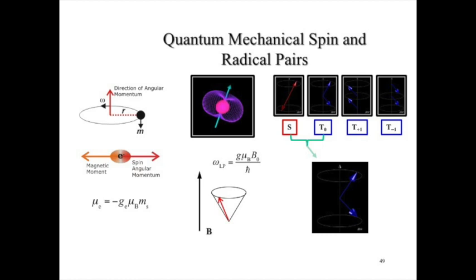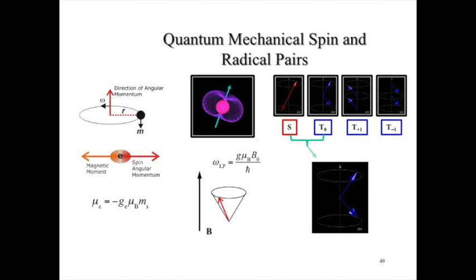And the model predicted that if this was going on, so the model is that in the bird's eye is this cryptochrome molecule. When it picks up a photon of light, it forms a pair of free radicals that are quantum entangled. That interacts with the Earth's magnetic field to generate products. And the products, whether they're from singlets or triplets, will depend on the magnetic field. So the bird will be able to see the magnetic field in its eye through the generation of these free radical pairs that are quantum entangled.